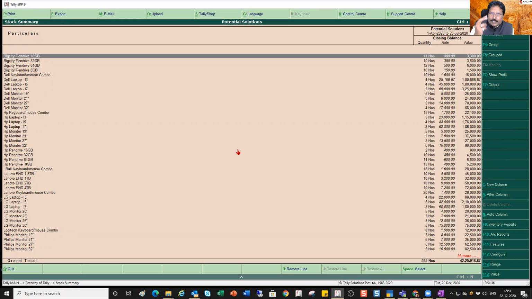Now you are going to use your secret number two. What is that secret number two? On the button bar you will find a very, very powerful button, which is your F12 configure. Please make a note of this. So your secret number two is your F12 configure. That means I'm seeing a report, but I want to configure this report with some other or additional information, right? So in that situation, I'm going to press F12, or I'm going to take my mouse and click F12